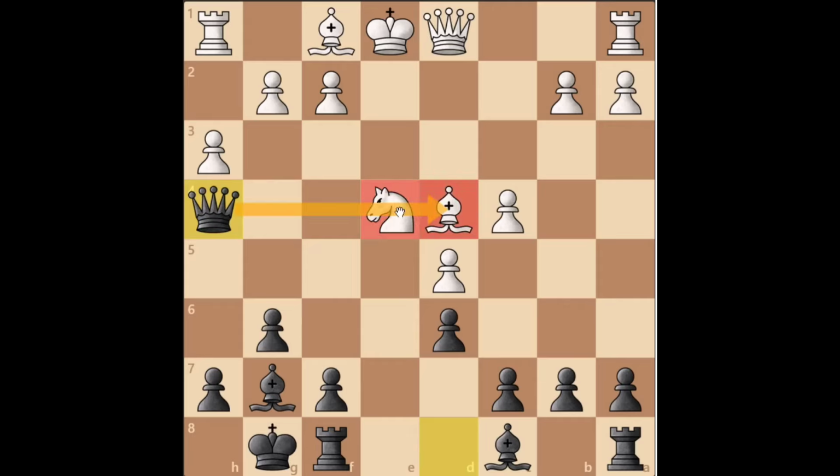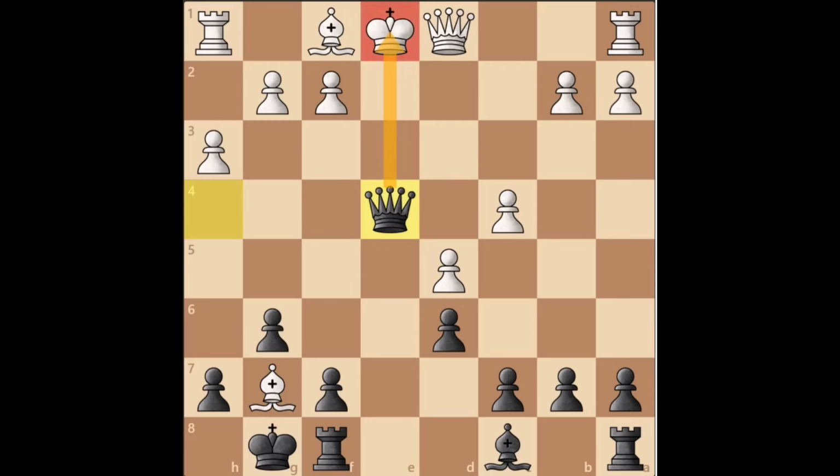And you utilize this pinning along the fourth rank, as well as possibly the pin along the e-file. And it's really difficult for white to handle that. So if the knight goes somewhere, you're going to win the bishop here on d4, because you'll be attacking it twice. And if he tries to trade, then of course you don't take here, you play this in-between check. You grab a knight with a check. And he must cover with a queen, go into this approximately equal endgame,